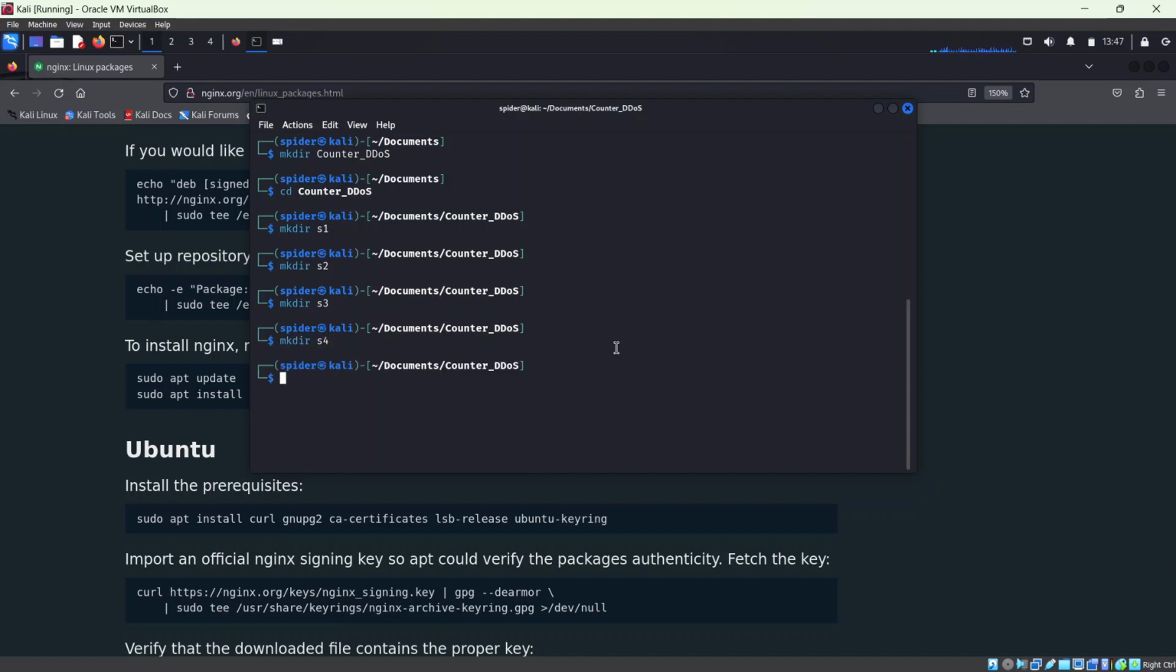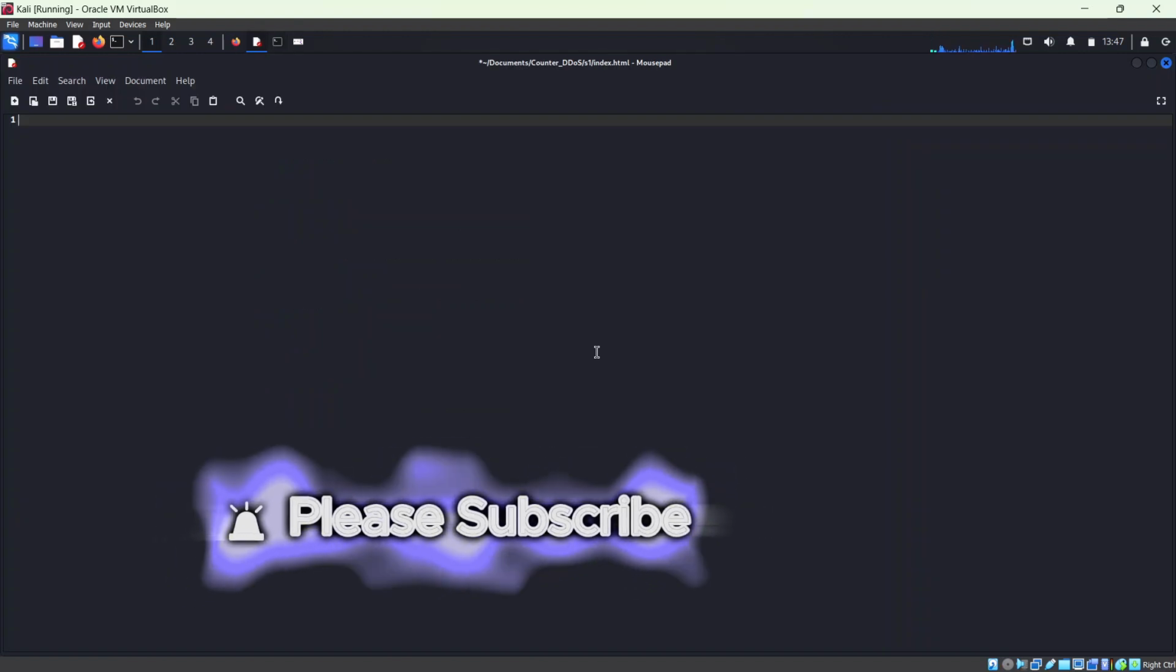So basically, each of these folders will contain a basic HTML code, just something to indicate that it's a server. So I'm going to create a simple HTML page in each of these. I'm going to cd into S1 and create a simple HTML page. I can do that with mousepad. I'm going to call this index.html. And then inside this,